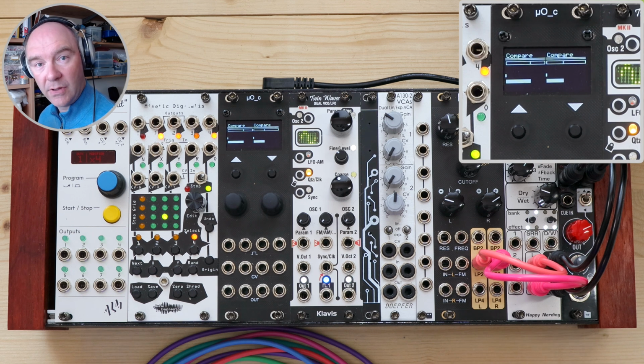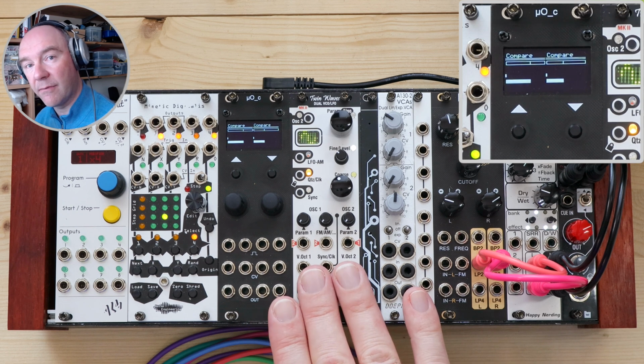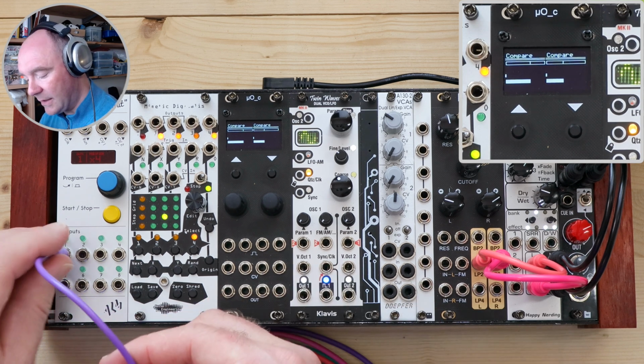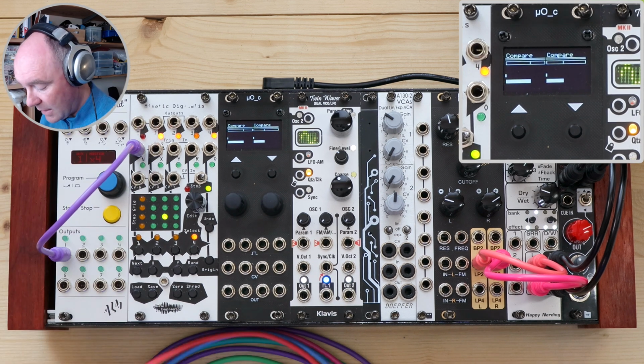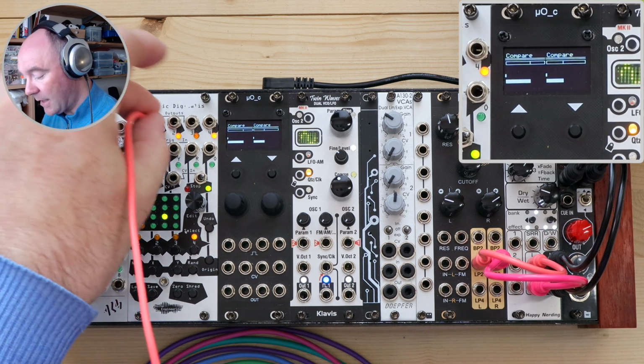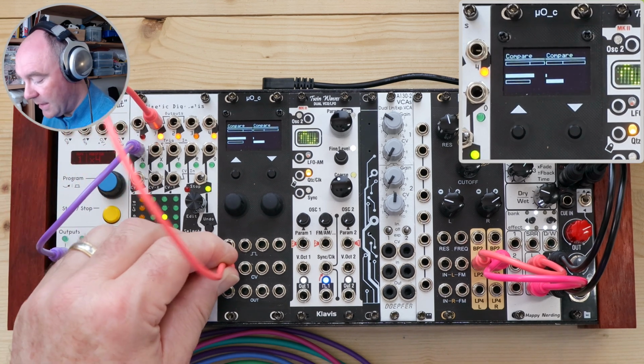And you can use those obviously to trigger anything you want to trigger, but in this case I'm going to use them to trigger this VCA so we hear the oscillators playing on different rhythms. I'm going to use the mimetic digitalis as a source of just random values to input into the comparators. So I'm going to take the output here of sequencer 1 and I'm going to pop that into this input